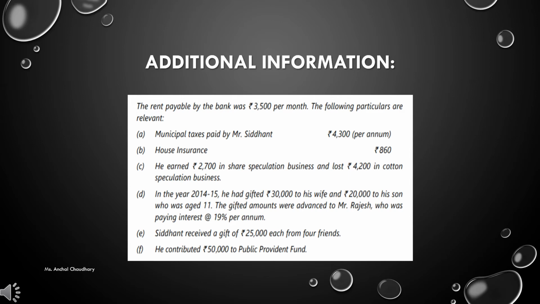In the year 2014-15, he had gifted rupees 30,000 to his wife and 20,000 to his son, who was aged 11. The gifted amounts were advanced to Mr. Rajesh, who was paying interest at rupees 19% per annum. Siddhant received a gift of rupees 25,000 each from four friends, and he contributed rupees 50,000 to